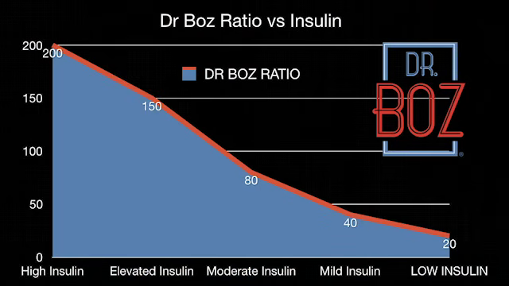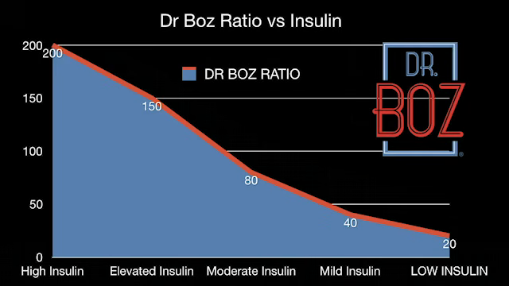If you look at that, what you're really looking at is most people who eat 50, 70, 100, or 300 carbs. If you look at the sugars along the side, those are the blood sugars, 100, 200. This is the Dr. Boz ratio, right? So you take the blood sugar and divide the ketones into it, you get numbers that can be 150 to 200. And what are we trying to predict with this ratio of dividing the glucose by your ketones? We're trying to measure what your insulin is.